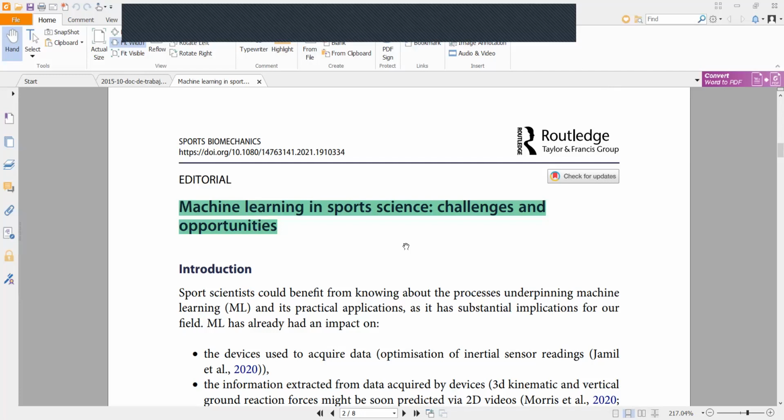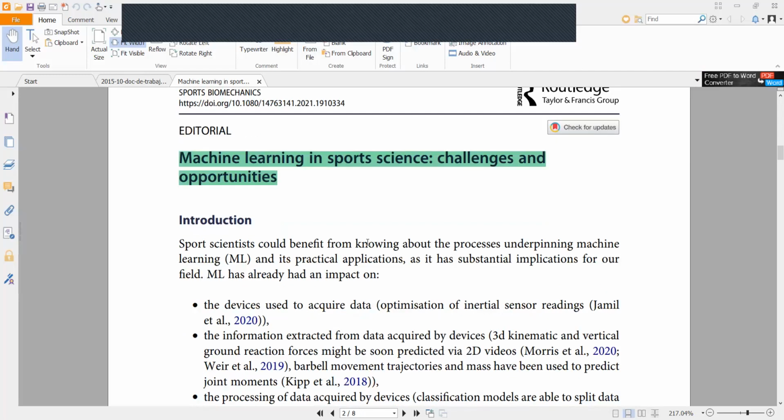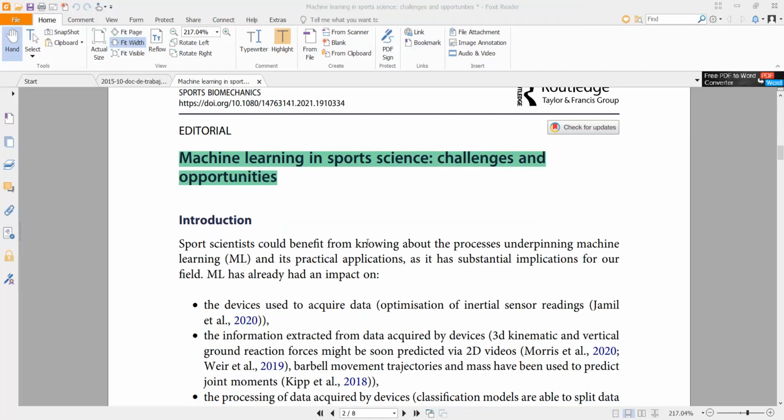Today I'm going to talk about machine learning and sports science: challenges and opportunities. As we know, machine learning focuses on the creation and use of models that have learned from data and perform a classification. In this slide, we can say that it has an impact on the devices used to acquire data to improve the interpretation of sport performance, injury risk prediction, as well as informed rehabilitation practices along the classification